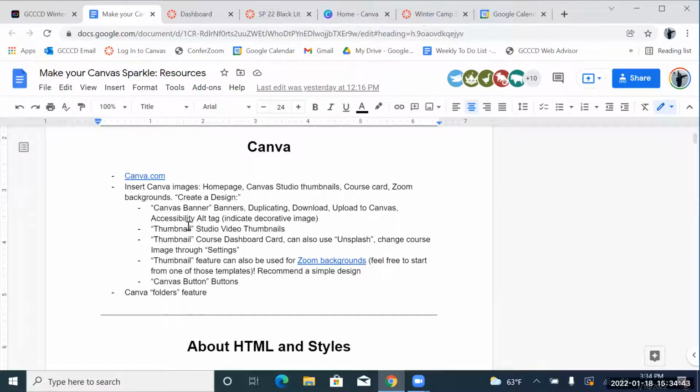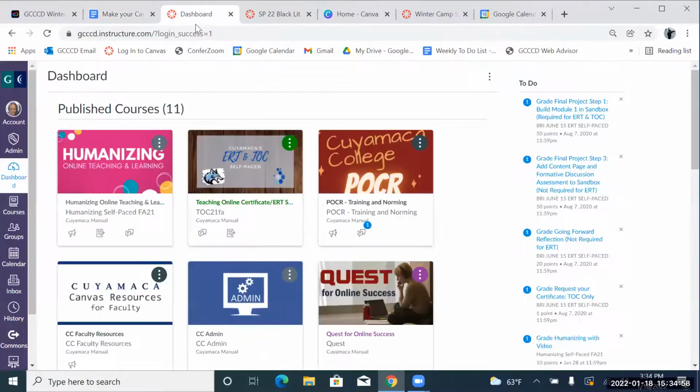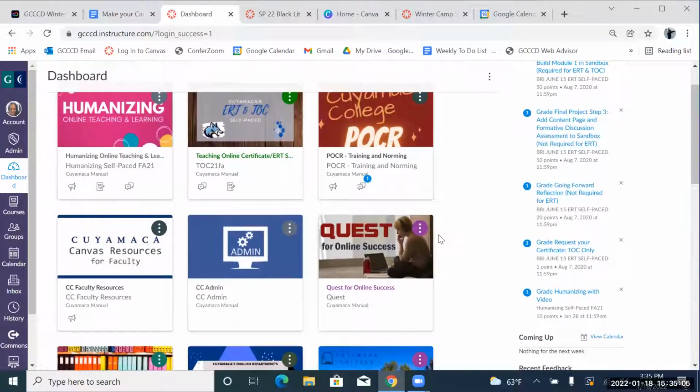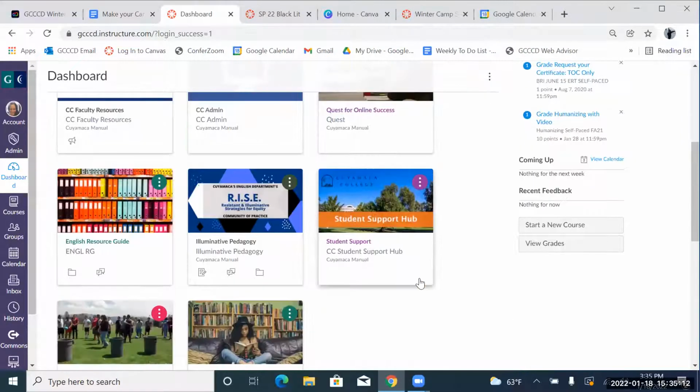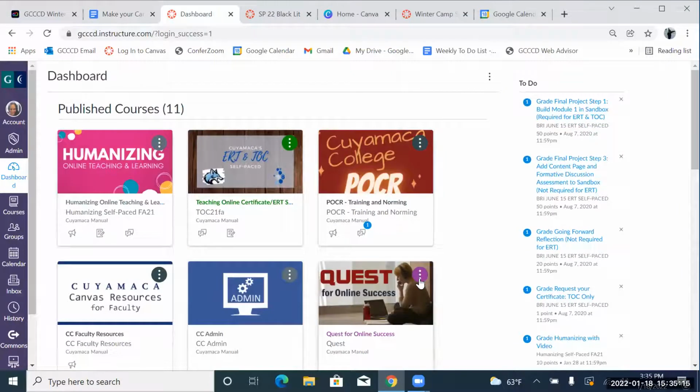All right, what I'll do first is show you some of the ways that I use Canva in my course, and then I'll show you how to actually use the website to create those materials. So the first thing, I'll just show you my dashboard. So when you log in, every time you get assigned a new course, you'll notice that the course card is a pure one color. But notice here that on a lot of these courses, there are decorative images. So that's one of the things that you can use Canva for,